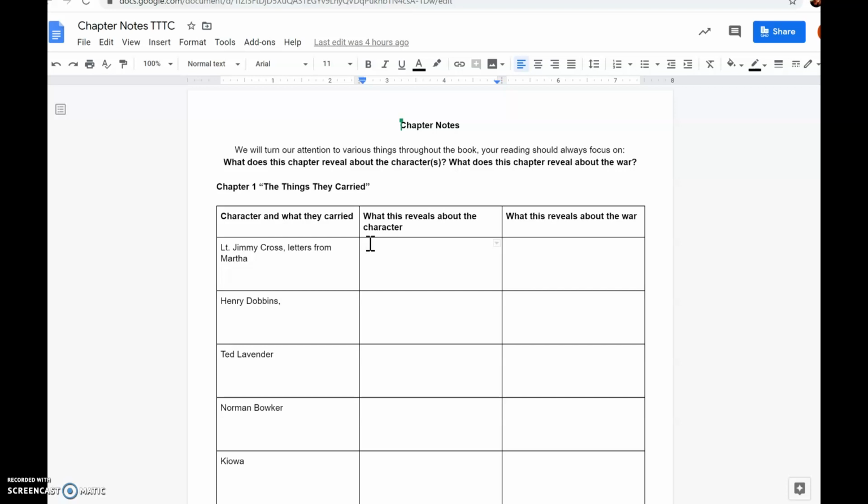Okay, so I'm going to read this first paragraph, and then I'm going to demonstrate the type of notes I'd